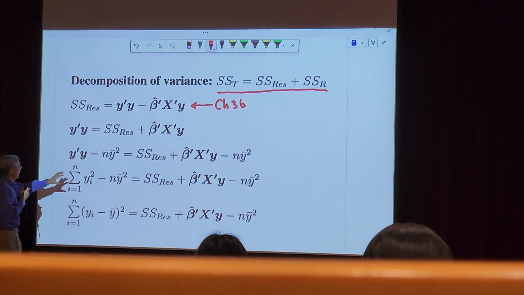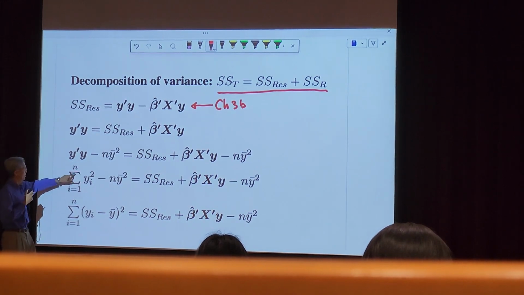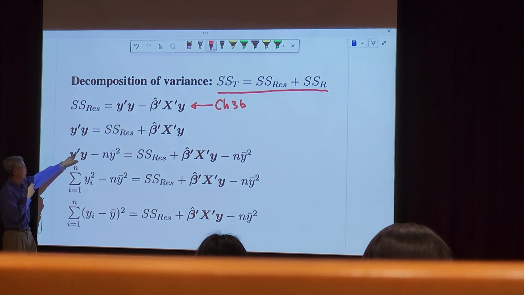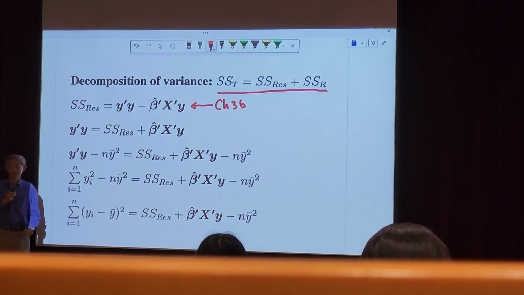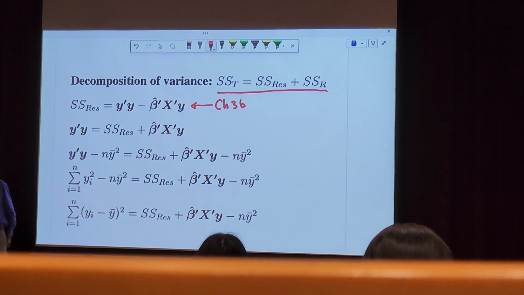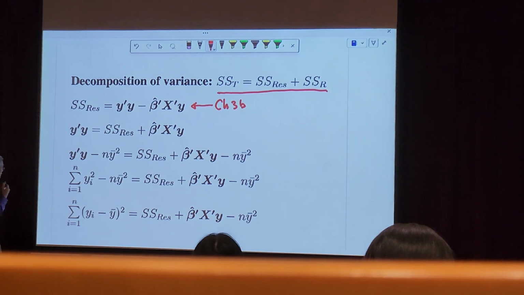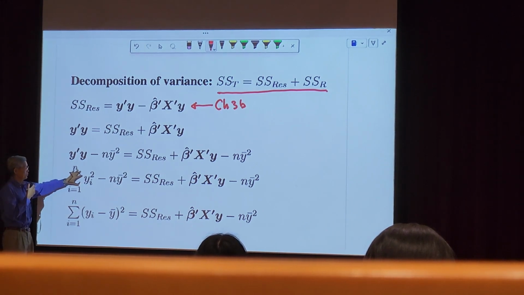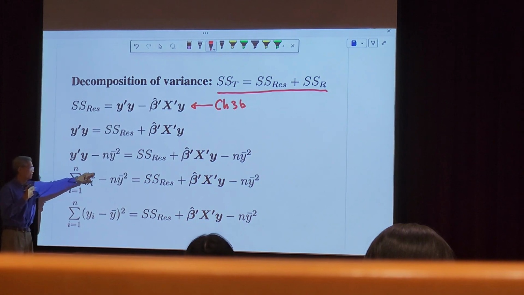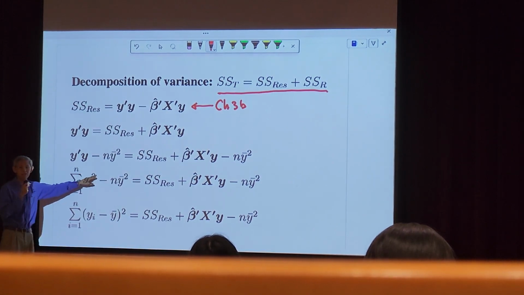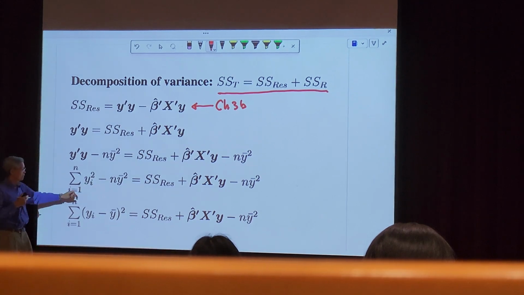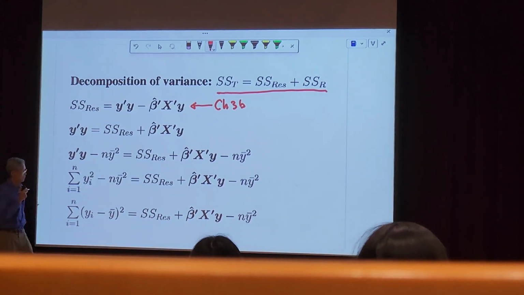Why do I want to do that? Well, let's take a look. Y transpose y is the total variation in y. This is uncorrected. But if you check n y bar squared,